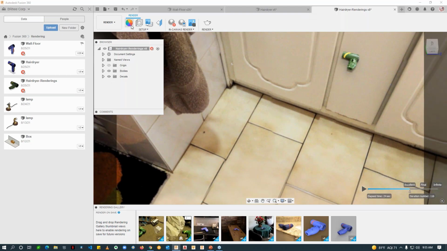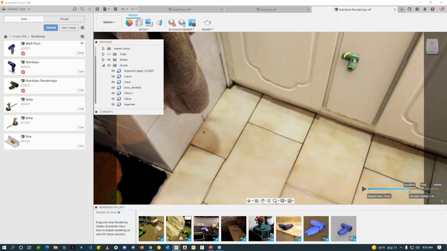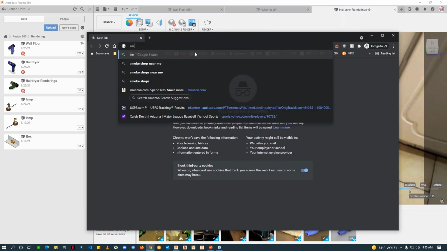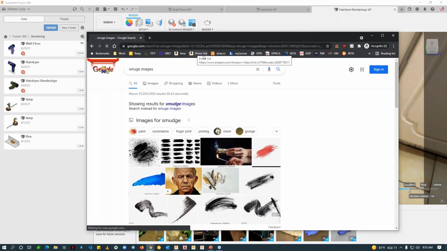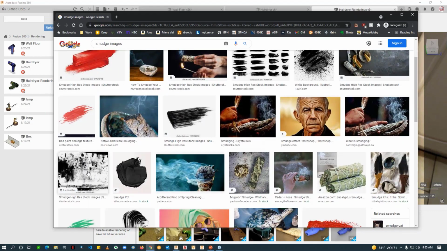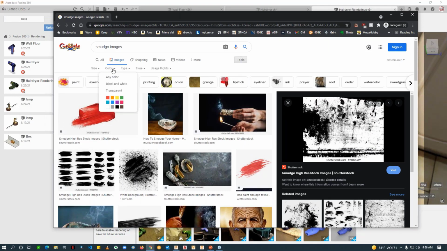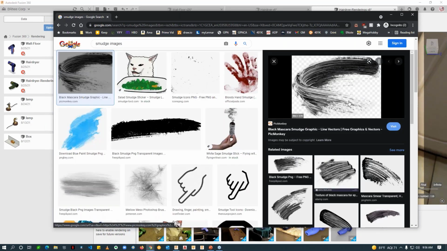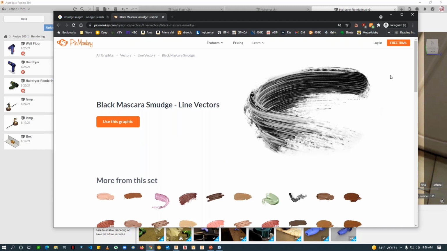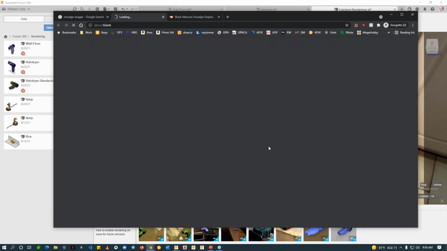Okay. Oh, one thing I did forget to mention is when you use decals and you download them. So what I did was, let's go back, we'll say Smudge Images. Okay, you can see some of the images here. One thing I do think you need to do if you ever download is get a transparent image, right? And if we go to Tools, Color, we have this transparent option. A lot of these, when you click on the image, are transparent images, but again, you need to log in for a free trial and all those other things, right? Which I hate doing. So if you want to use this as a smudge, you can see it's transparent. But again, if we go here and we want to download it,